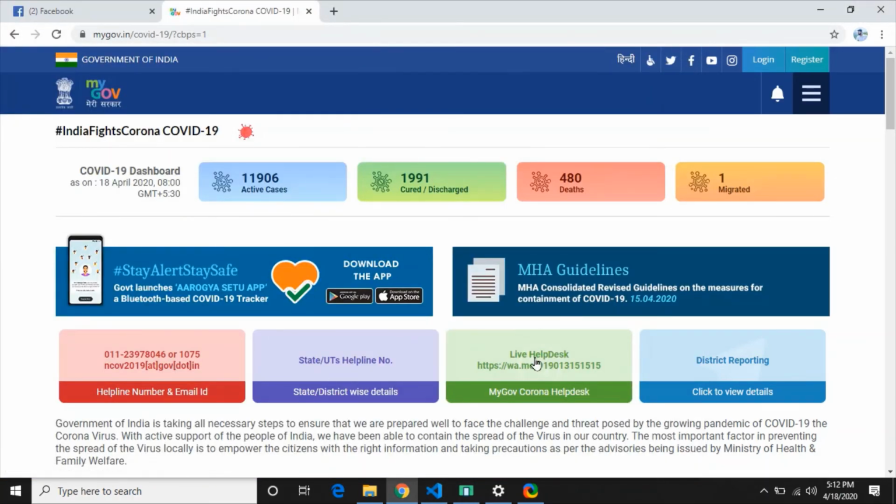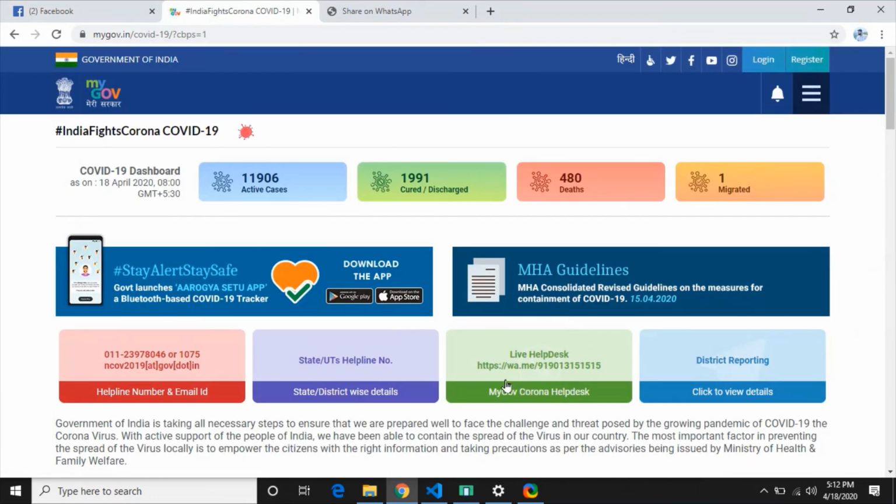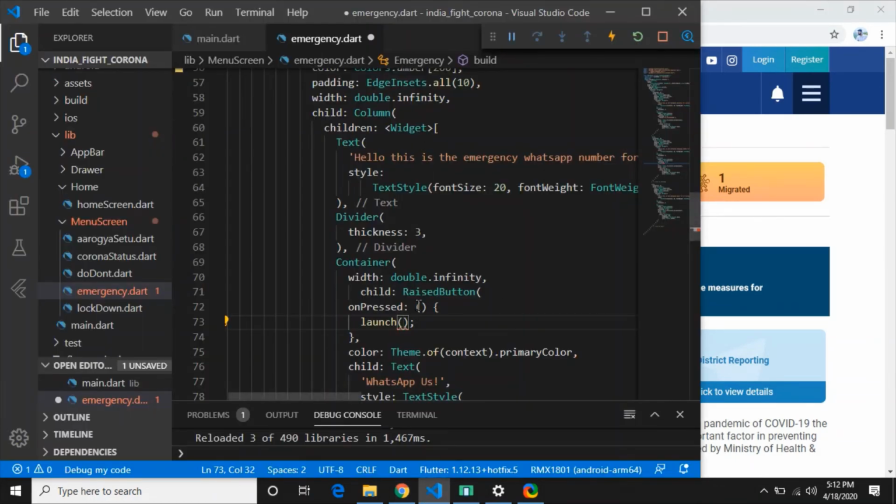This is the API, https://wa.me. So I will just copy link address, and I will go to here, and I will paste it. So that should be in single quotes. Okay. So if you click on this, you will be redirected to WhatsApp.